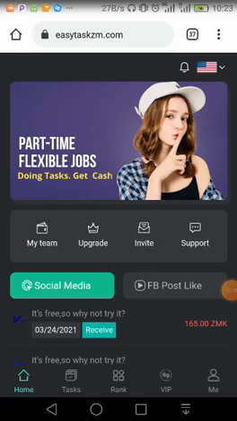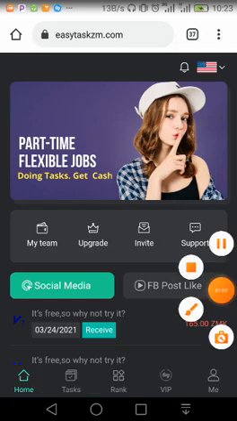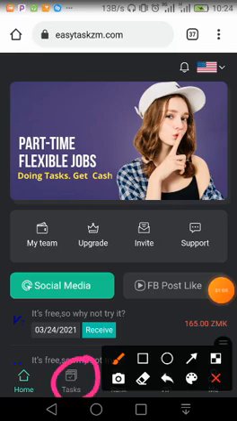When you look down, you'll see where it's written task, and you click there.